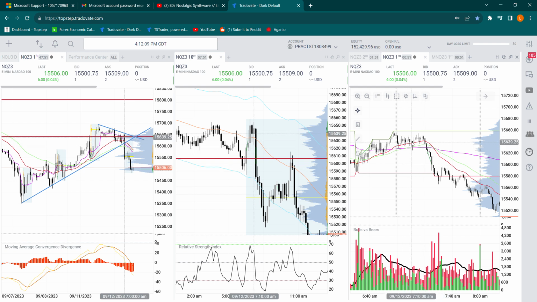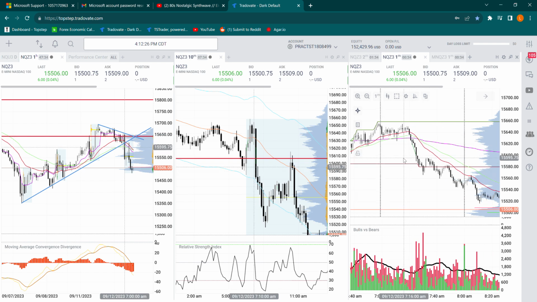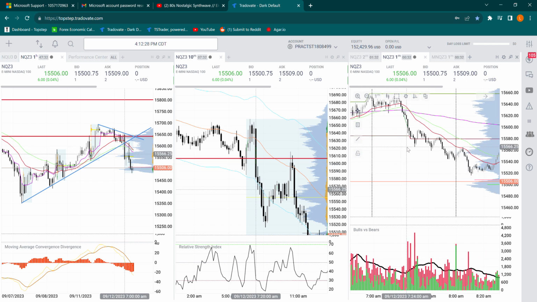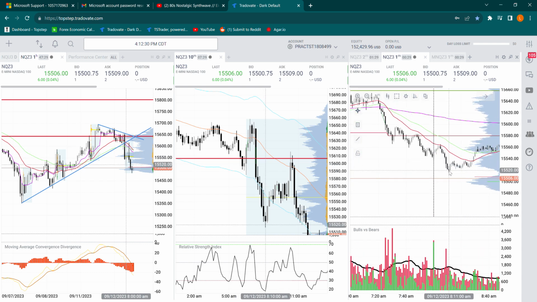And I'm sure in the moment, POC also changed. So it probably went from about here and flipped back up to here, and you can see everybody taking their profits, and then you can go ahead and see them reversing to the short side. And looks like I left a little bit of profit on the table, but